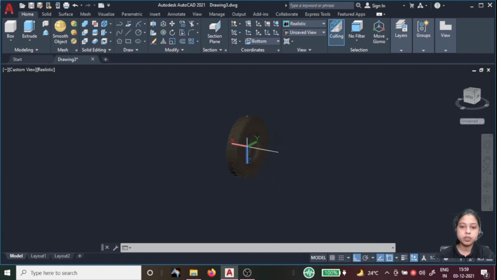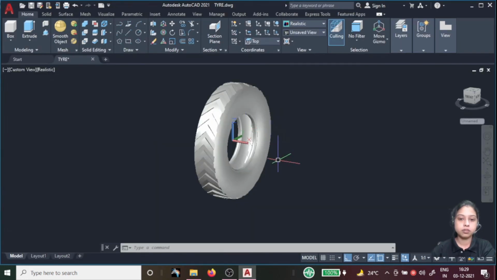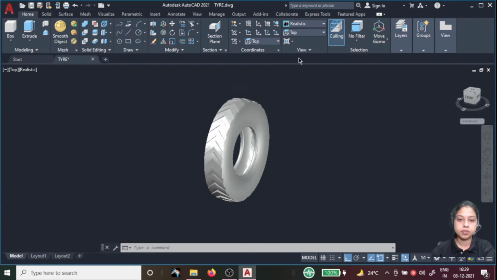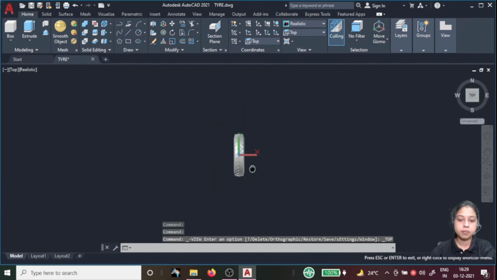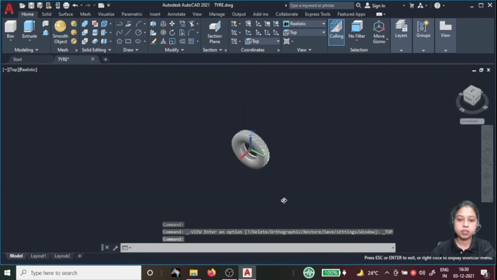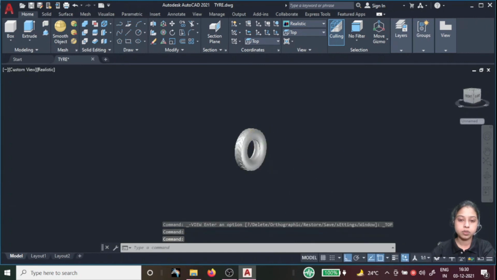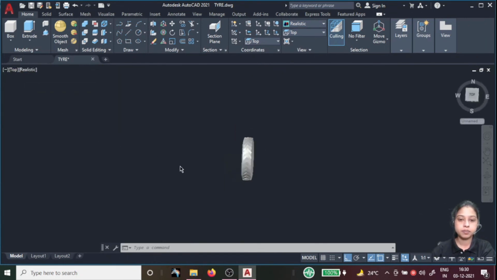Another thing I will show you is how to represent your project. For that, select the top plane, go for the top. But here it is not in the top. Okay, first select the top plane, go for the top.